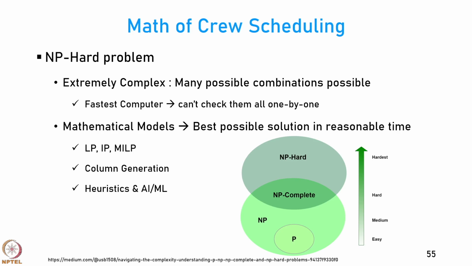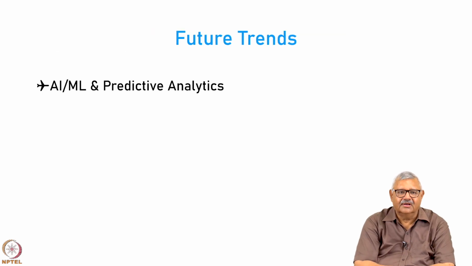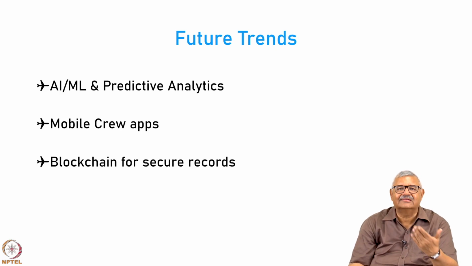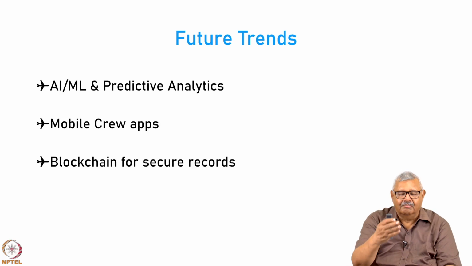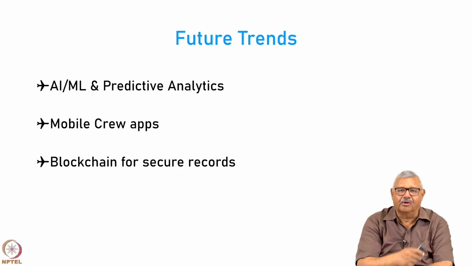Then modern tools like AI and ML are being used in arriving at scheduling. So, what is there in the future? Predictive analytics using AI and ML and other tools is going to be very handy. There are mobile crew apps available now where the crew members get information like the vacancy bidding system on their mobile phones. Much of the data in airline operations and IT is secure, so you can use blockchain for those